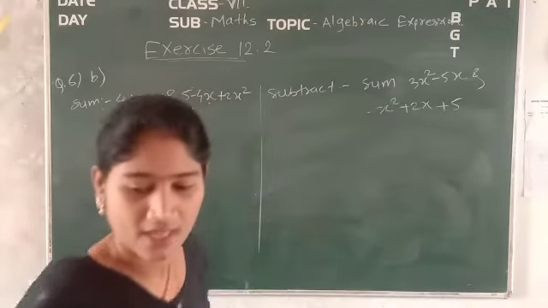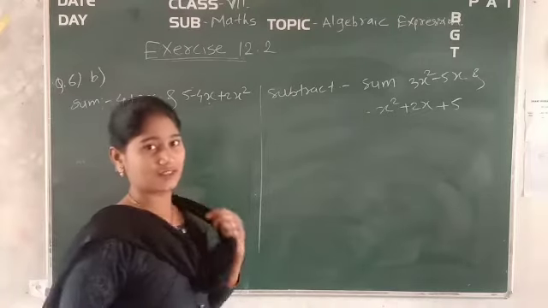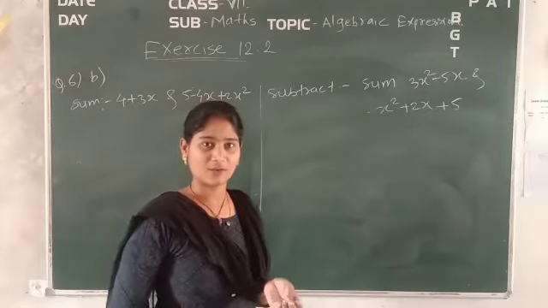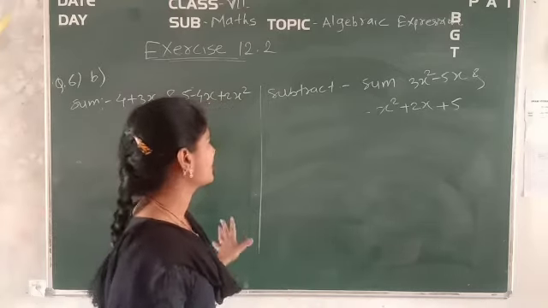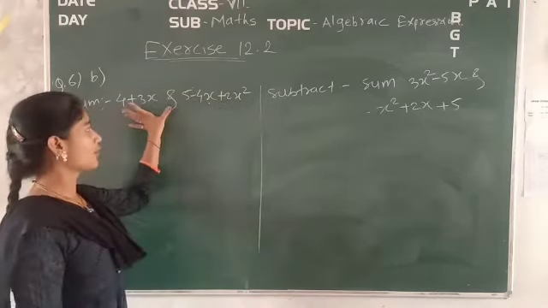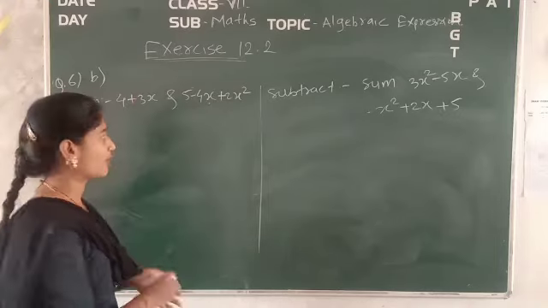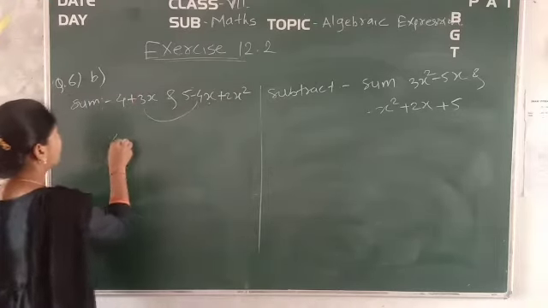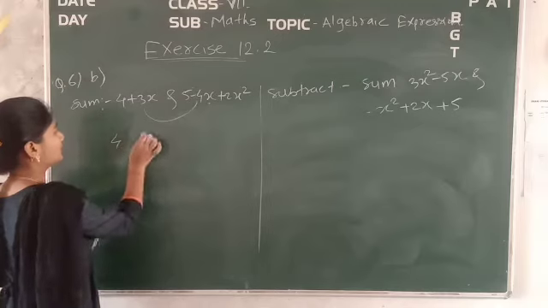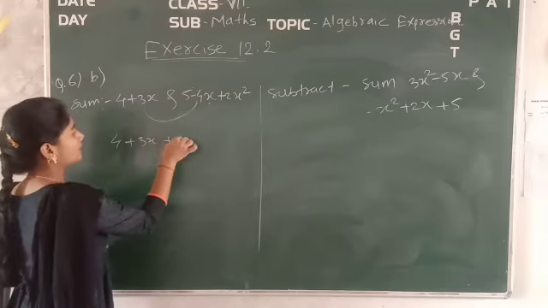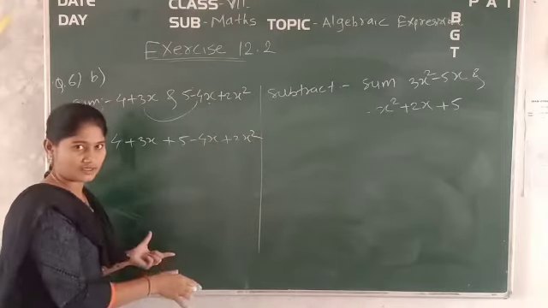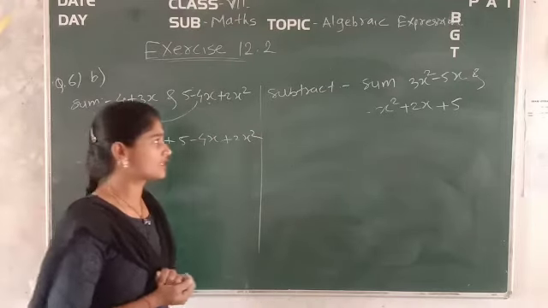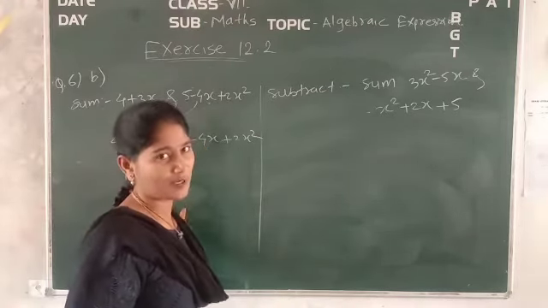Okay, it means in that way they have asked the question. Again the same question, but in quite a different style. Okay, how, just see. First of all you have to do the sum of this number. Okay, sum of these two numbers, that is 4x plus 4 plus 3x plus 5 minus 4x plus 2x square. Okay, you have to find this now by taking the like terms towards each other. Whatever the final answer will come, keep it as it is.